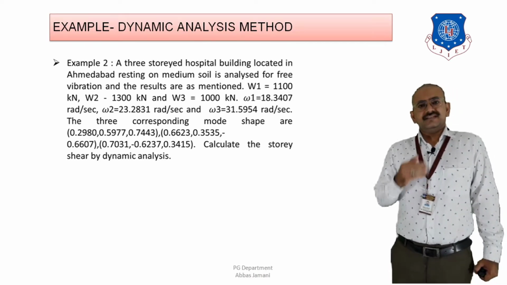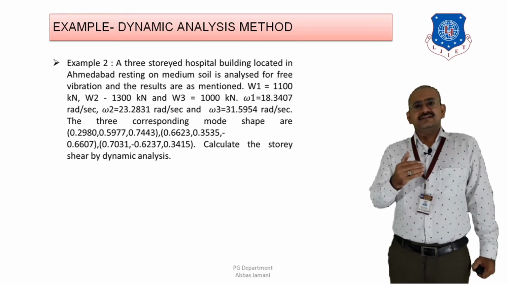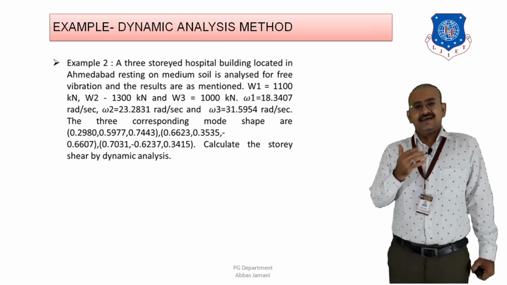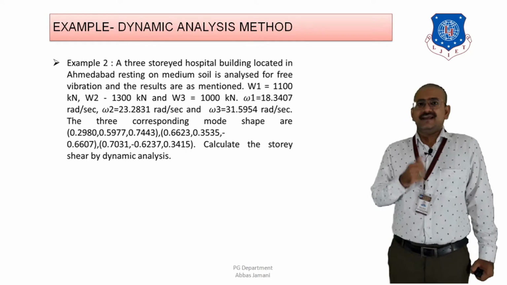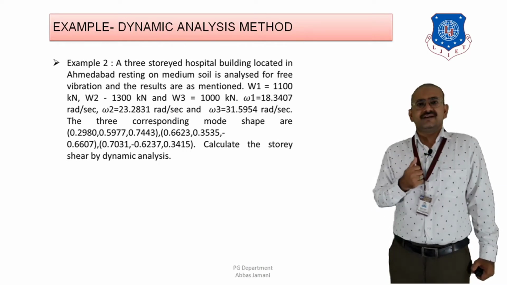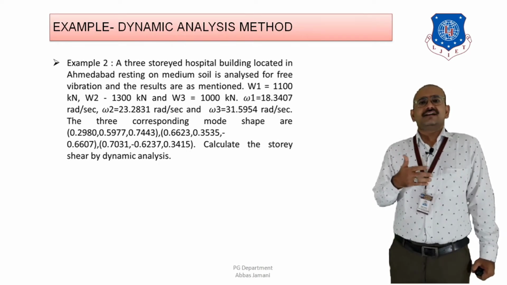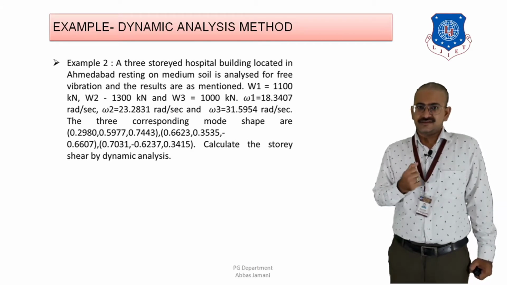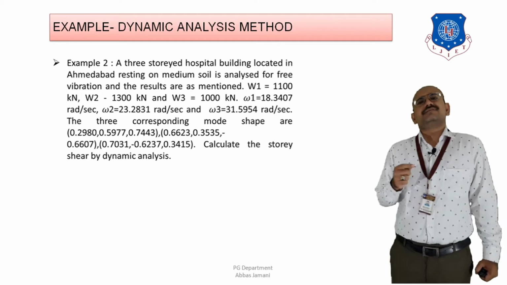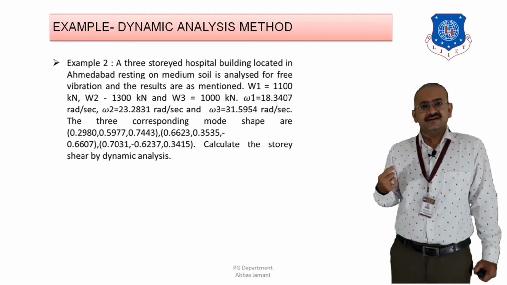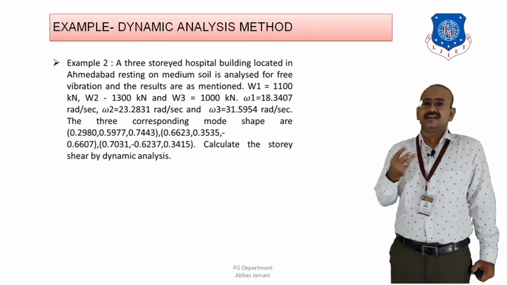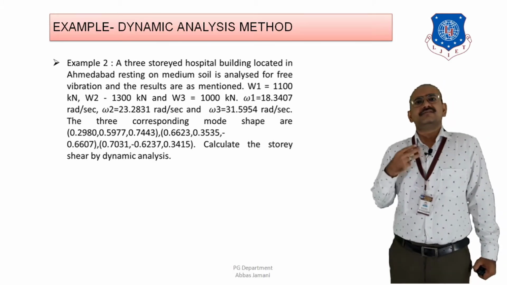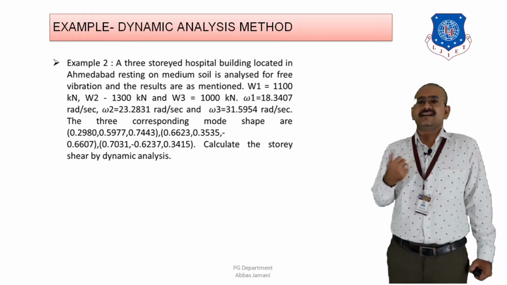From the concepts of dynamic analysis that we have seen in the previous semester as well as in this semester, whenever the building is of G+2 geometry, the corresponding angular frequencies that you are going to get will also be 3 in number, and corresponding to each angular frequency you are going to have a value of time period, and along with that you are going to have 3 mode shapes, because the number of mode shapes is equal to the number of floors. Why? Because they are in relation with the mass.